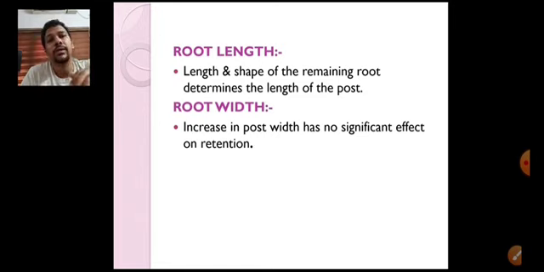If you give a post of 4 millimeter diameter in a root of 6 millimeter, that means you are taking out so much root portion by creating that post space. That will weaken the root walls of that particular tooth, which will lead to fracture of that root. So you will be contradicting your purpose. When you are giving a post and core, your intention is improved strength of that particular tooth. But when you increase the width or diameter of the post, you will be weakening the tooth. So you should not do that.